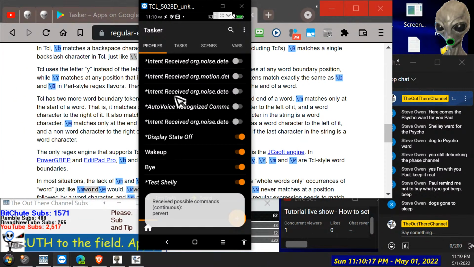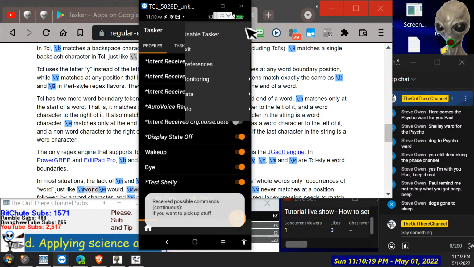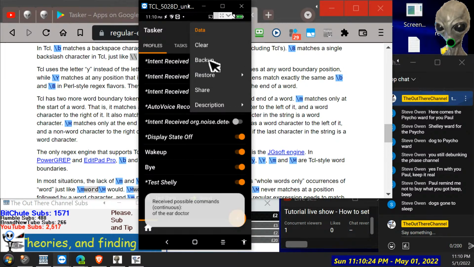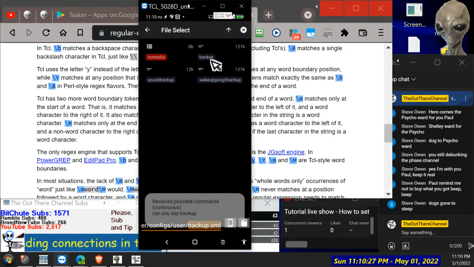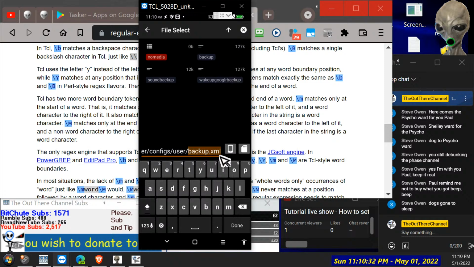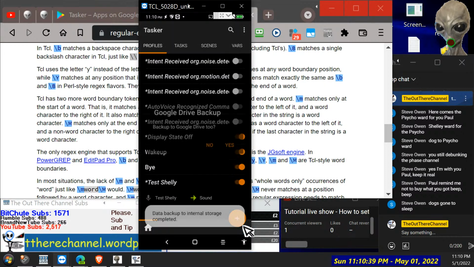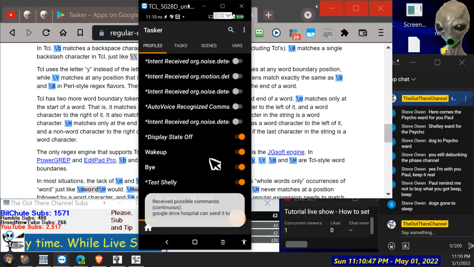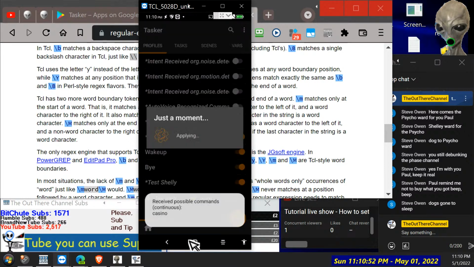So if you want to back up stuff, you just click up there, say data, and you say backup. Alright, and then it will save it to your local memory, called backup, and tasker configs user. So say done. Google Drive, I suppose it's going to send it to the wrong one though, so say no. And now if we exit this,